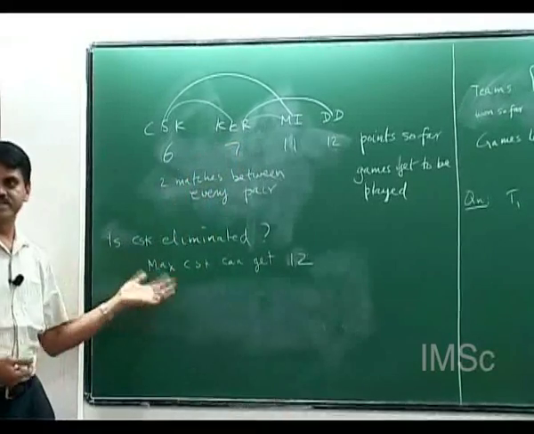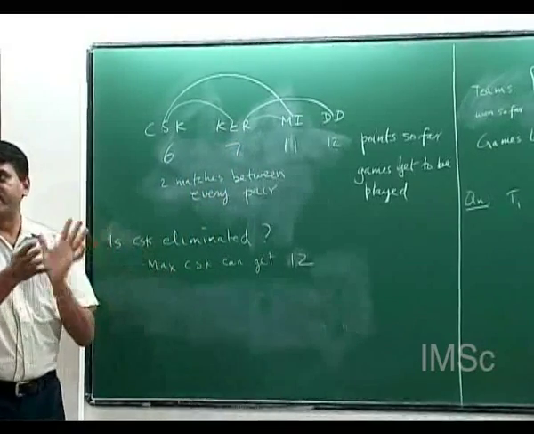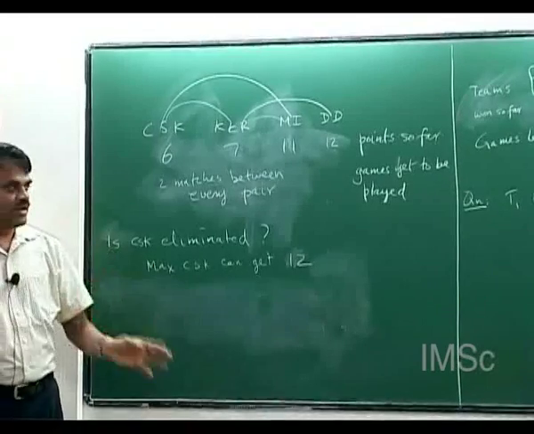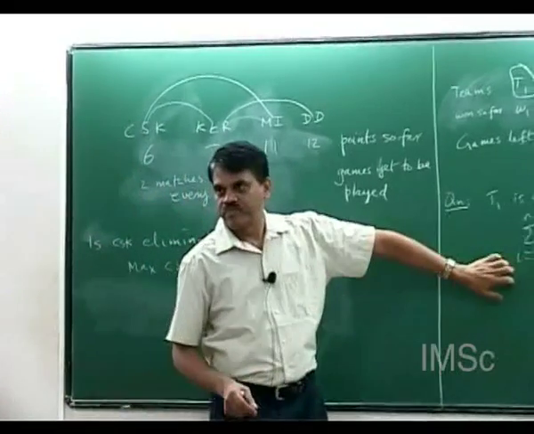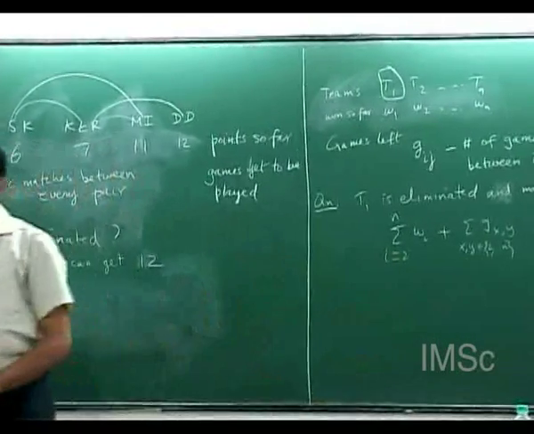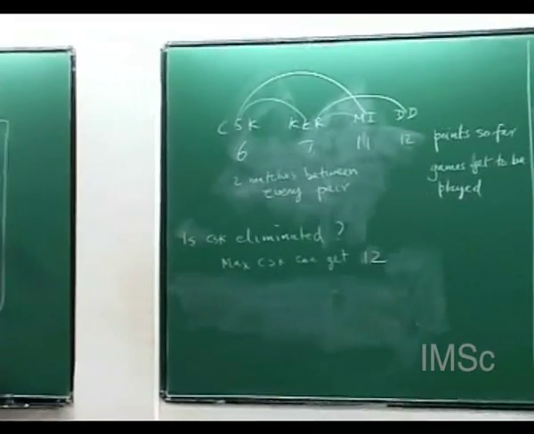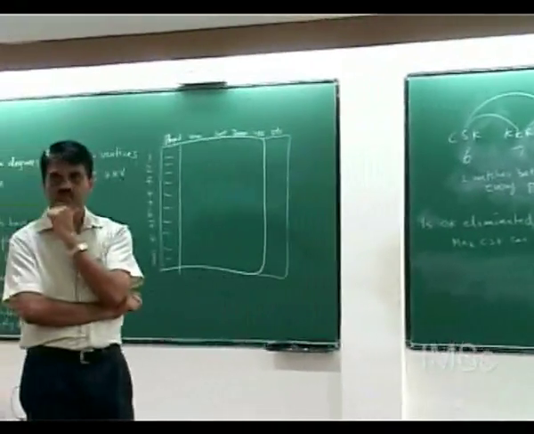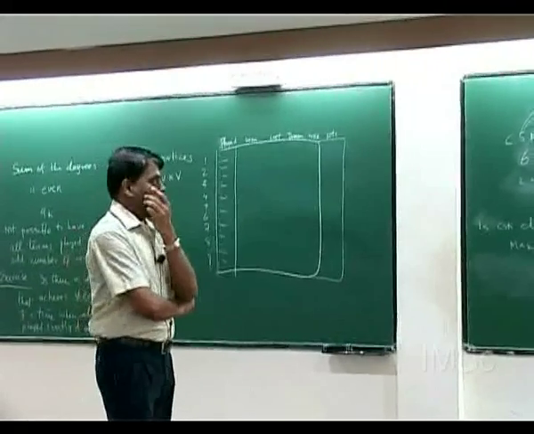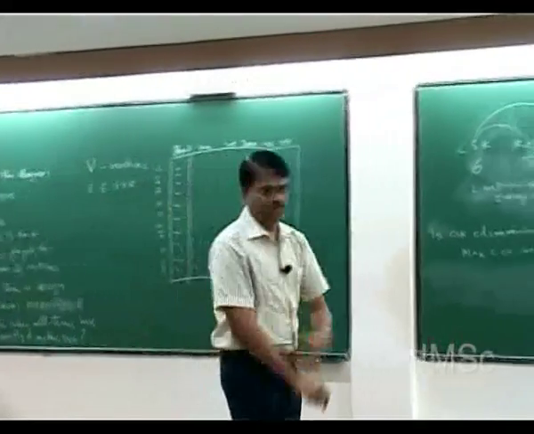Okay, so it still stands a chance. At least it can tie. You can't say it's eliminated if you use this averaging argument. But using some other argument, you can show that CSK is eliminated. Can somebody see that? So is this clear that if you just apply this, I am saying